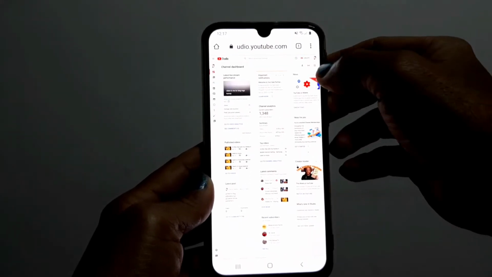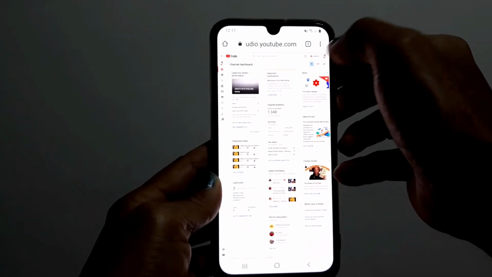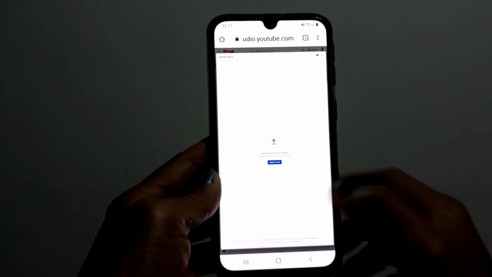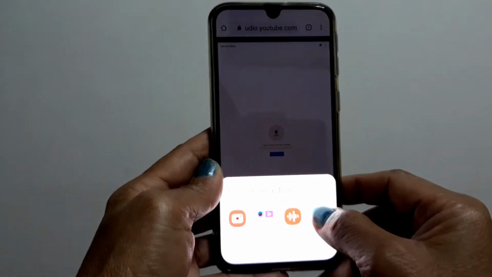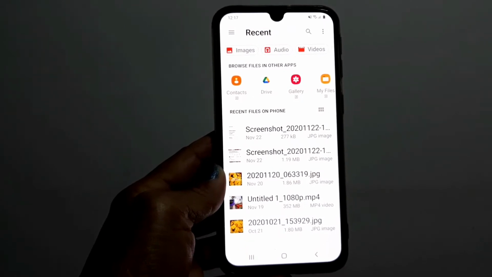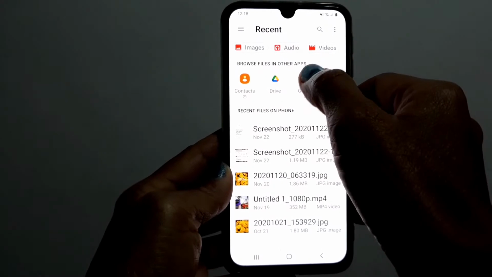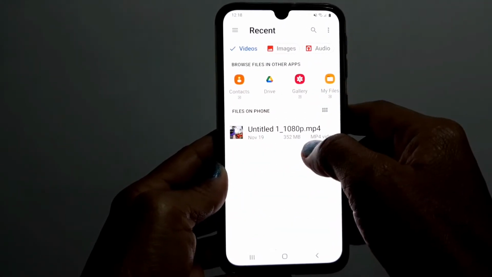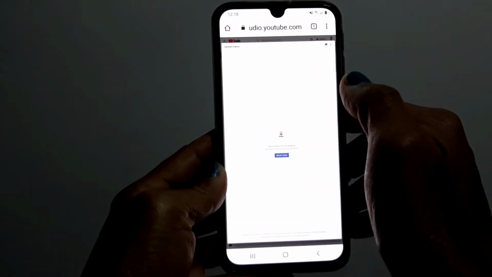And in YouTube Studio, you're going to upload your video. That one. And then you select files. And then you select the file, whatever video you have. For example, I have videos, and I go to my gallery. I select this,